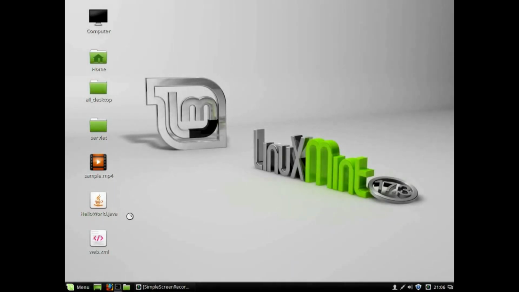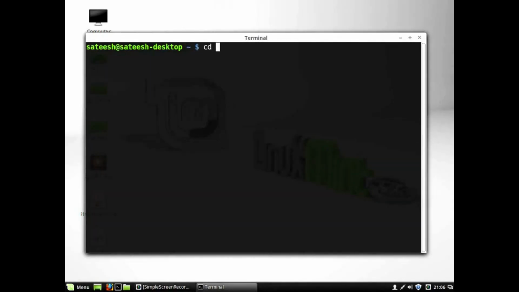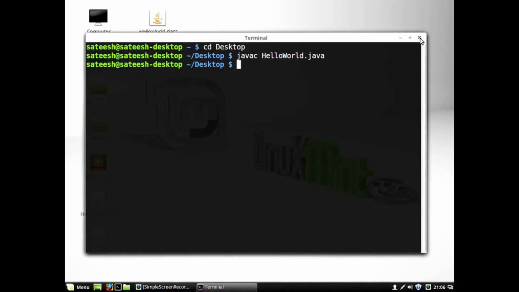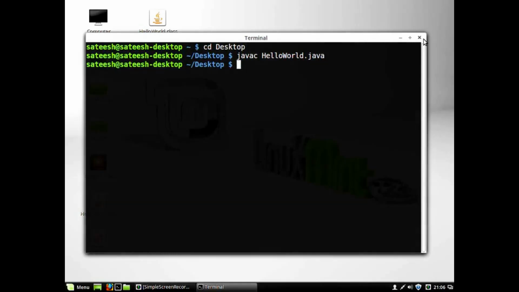Okay. So in desktop, I have a file called as hello world dot java. Now we are compiling this. Compilation is successful. In case if you have wrongly assigned a class path or path, if any one of these two are wrongly set, then your Java file will not be compiled successfully. In my case, Java path and class path are set correctly. That's why the compilation is successful.